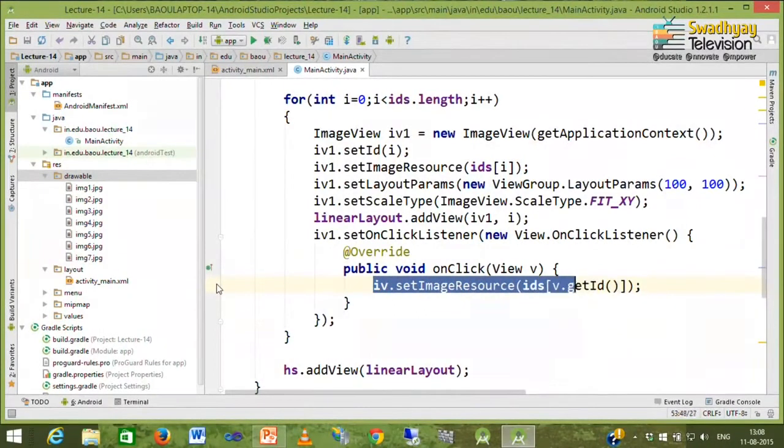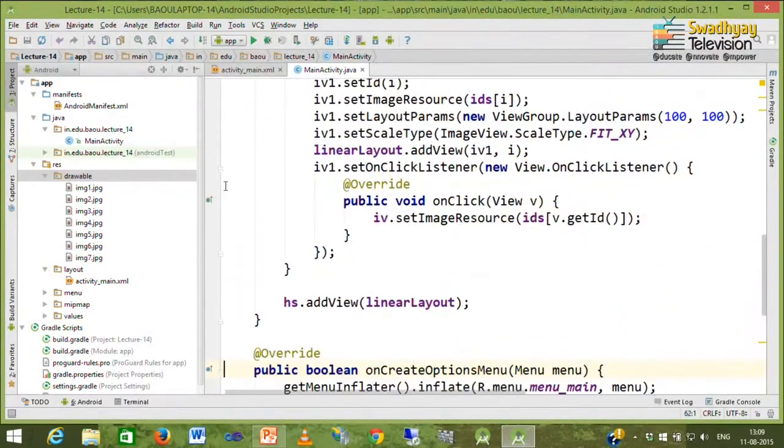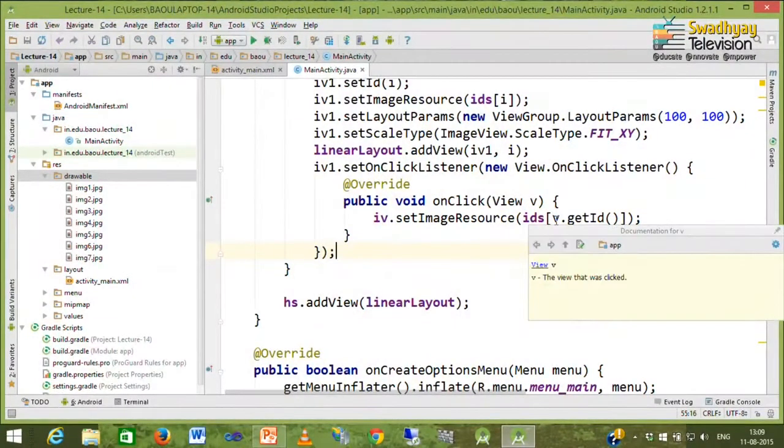Now, remember this iv1 is the dynamically created image view, and iv refers to our image view created at design time. We want to set the image view's image to the one provided by the dynamically created image view. So, here I write IDs in square brackets v dot get ID.